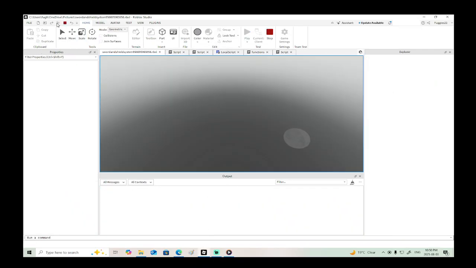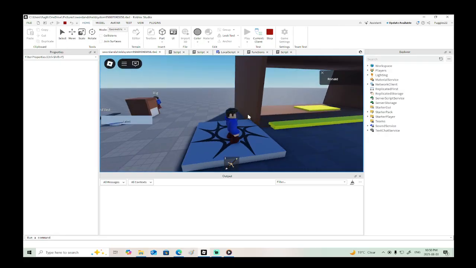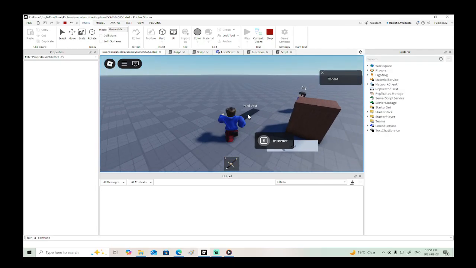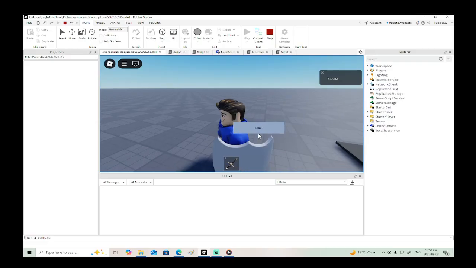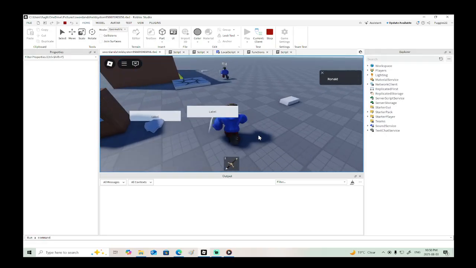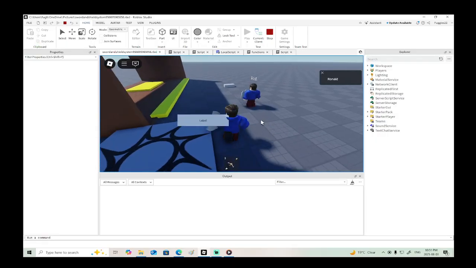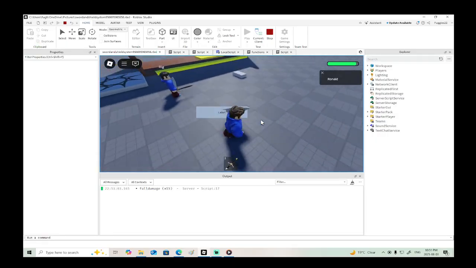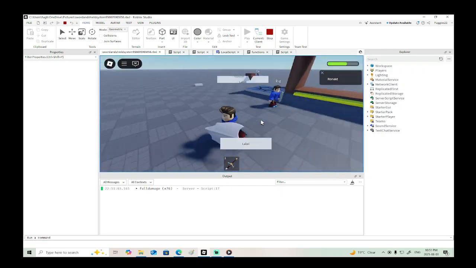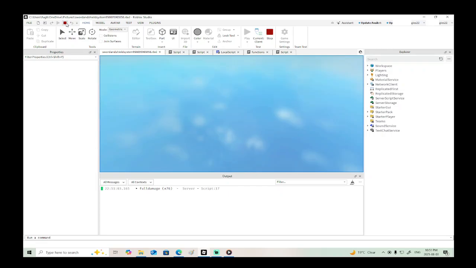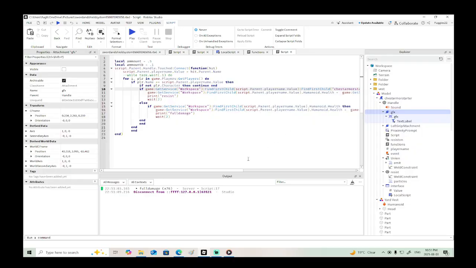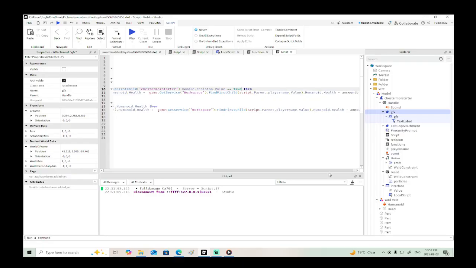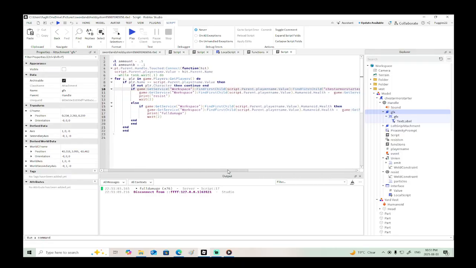So there's two ways we can go from here with the game. The first way is we could make it like a hack and slash type game, where data comes up here when we're hit, it can display that you've been hit, and it can show us the damage. For example, when we're doing full damage, we could also